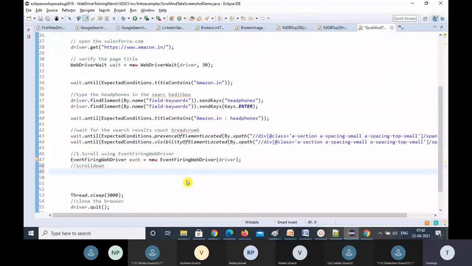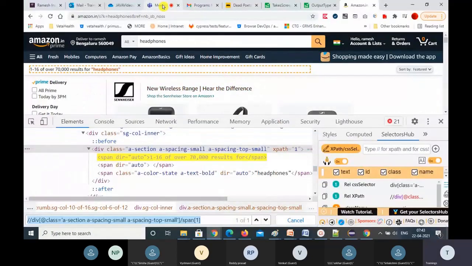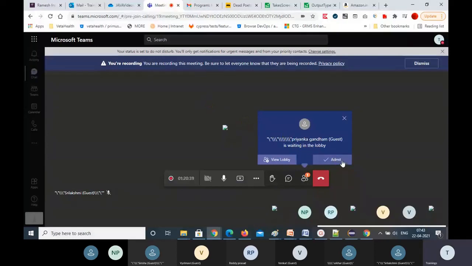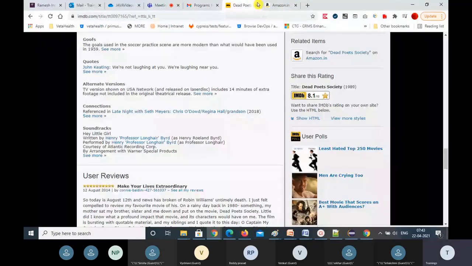I need to write a small method, right? Take screenshot method I need to write. So how to write a take screenshot method? Now we'll write that. For this, what you can do here is, and we need one more thing, and that is another file we need, one more jar file we need, that you need to download. So let's download that, and you need to add that downloaded file to our WebDriver project.